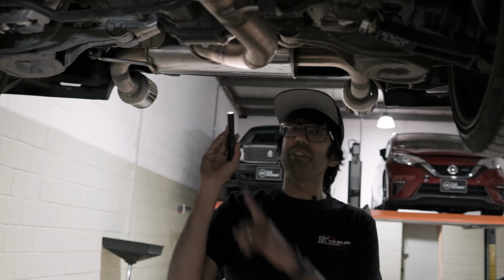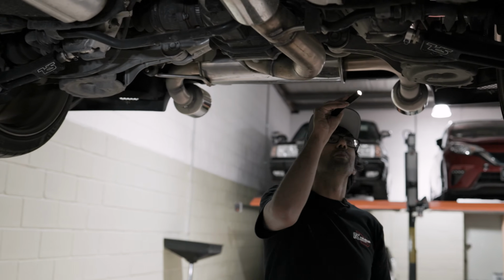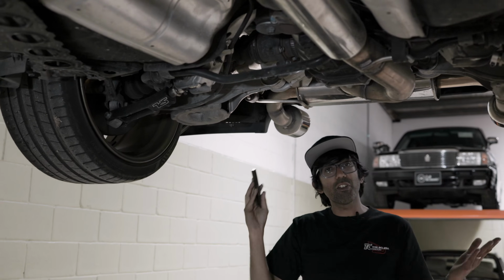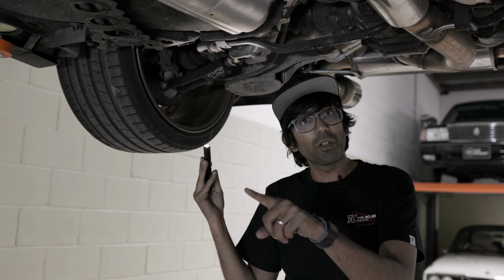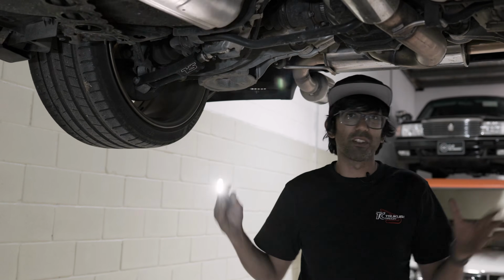What else we got? Diff here, LSD, Torsen, same ratio. It's factory, I believe it's 3.5 with the 6-speed. Some more fancy red suspension, some more adjustable SPL control arms here. But yeah, the rest of it underneath is very much like a regular 350Z. Not too much difference here. Same gearbox, same gearing, same diff ratio, upgraded suspension, sorry, and some uprights, and that's really about it under here,